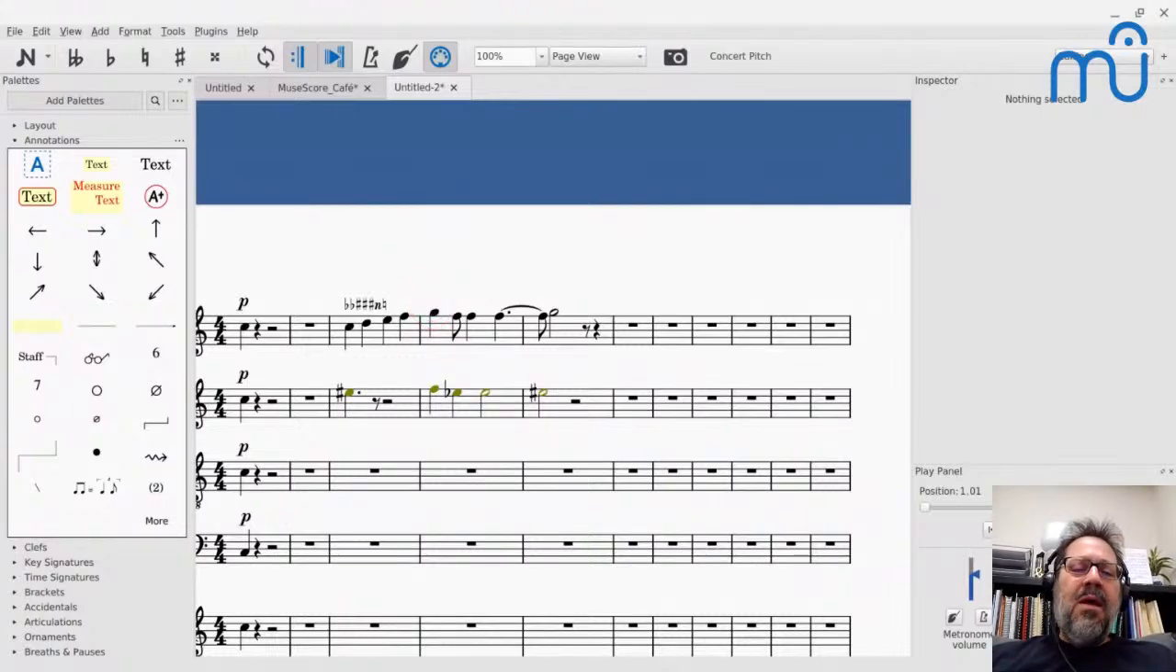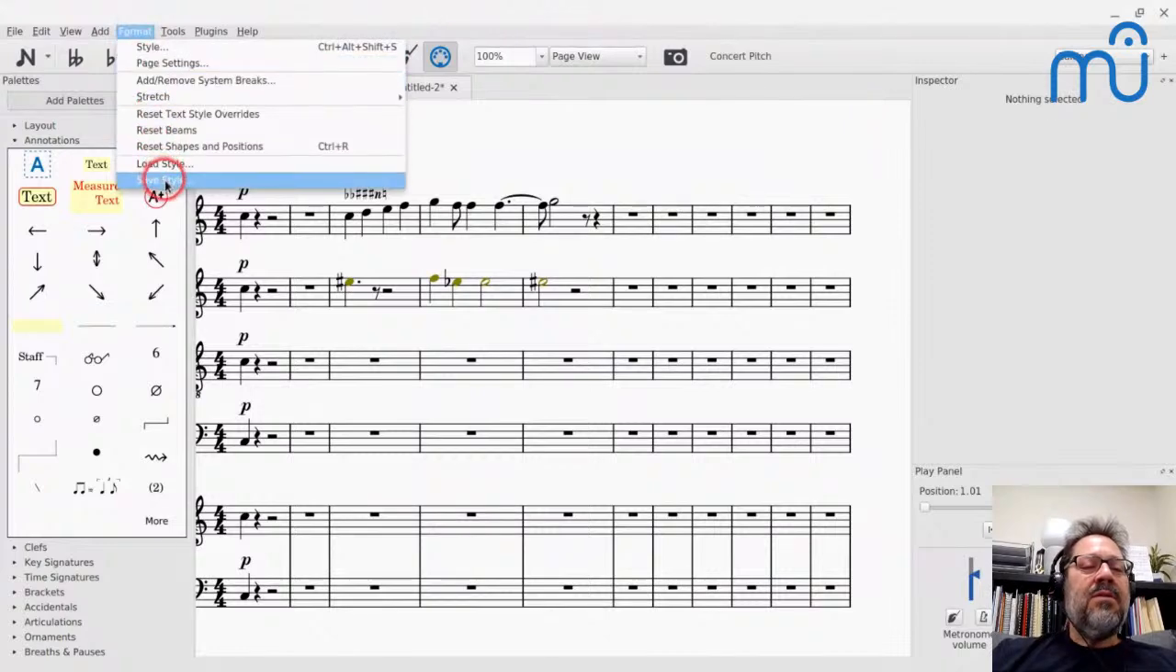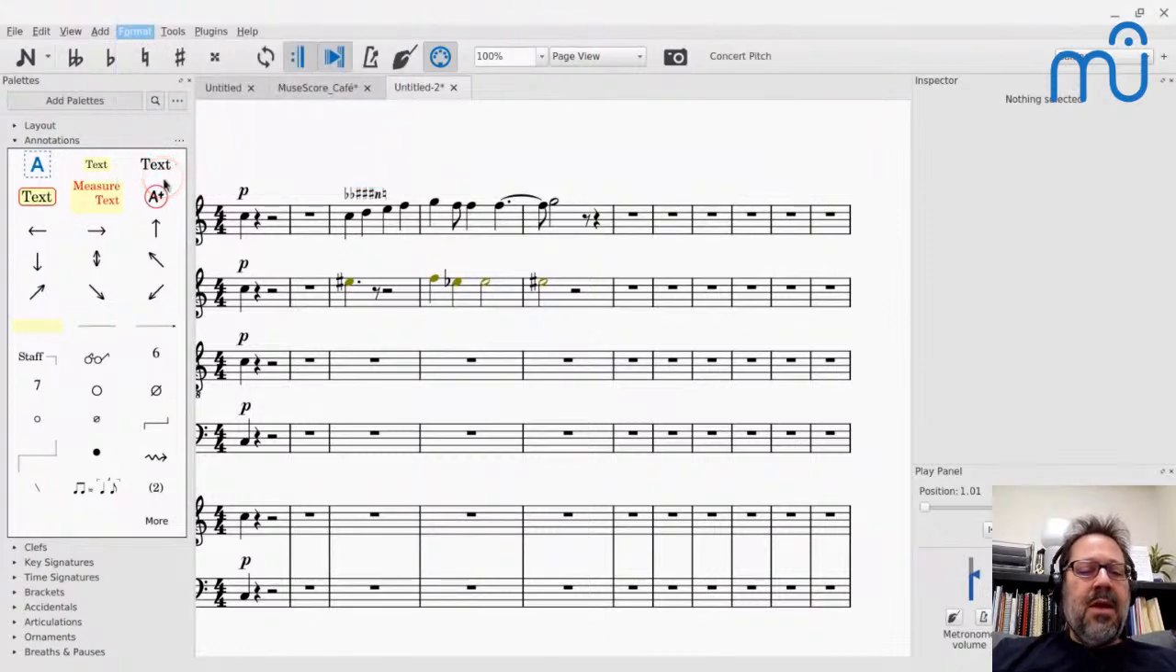So if we do this thing, like here, I've flipped the dynamics above the staff as a style setting. Well, what if I now want to use those same style settings if I've got these other scores? Well, what you can do is make all the style settings you want, change sizes of things, change the position of things. Then go to Format, Save Style. And when you do that,